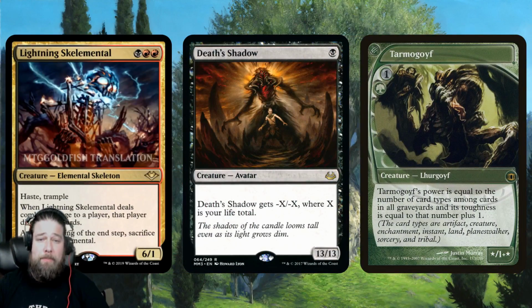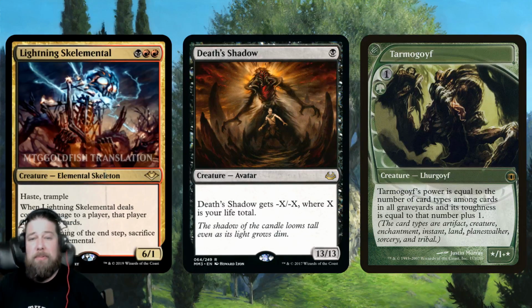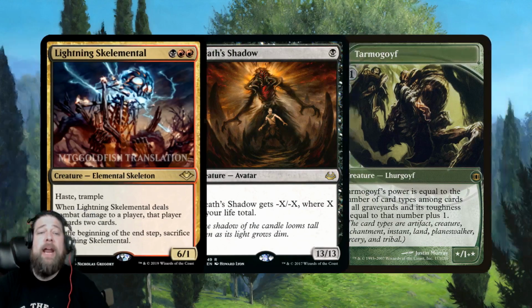It's a bird spell that can be blocked. So if your opponent has a massive Death Shadow on turn 2, your Lightning Skeletalmancer looks a little silly. You play it, it can't really block because it sacrifices itself, and it's not going to make your opponent discard because there's a blocker. So there are ways that this plan can go wrong, and there is some risk, but I really think that